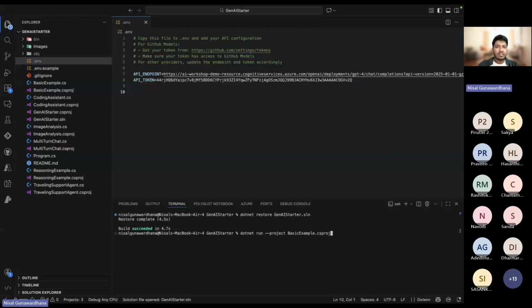You can try out these examples one by one. I'm not going to try them out with the corrections, as I don't have a lot of time. Anyway, you can try this out one by one. And finally, you have the assessment. You have to create a travel support agent within this code base. Once you create this, you have to submit it, and you can grab